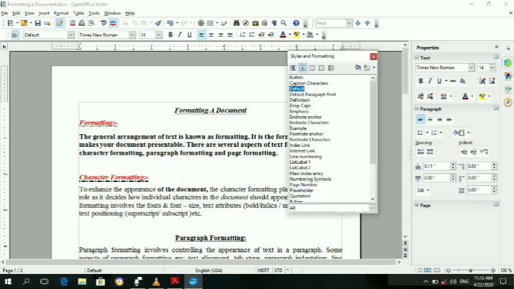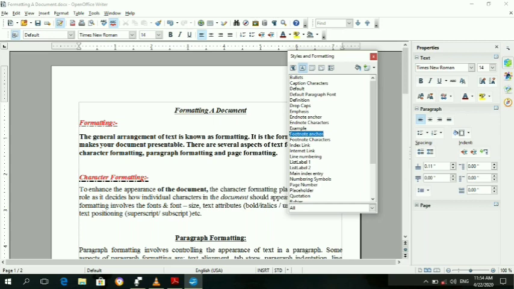First of all, open the Styles and Formatting window either by pressing the F11 key or by going to Format and selecting the Styles and Formatting option. Then select the style which you want. So here I want to apply a style like this.